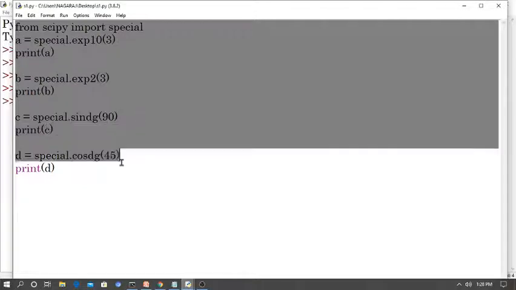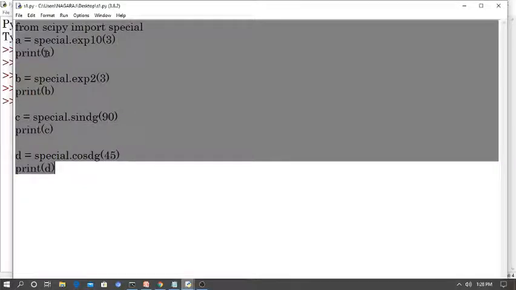From scipy import special, then a = special.exp10(3), then print(a). Followed by another variable b = special.exp2(3), and c = special.sindg(90), then print(c), and last d = special.cosdg(45) and print(d).